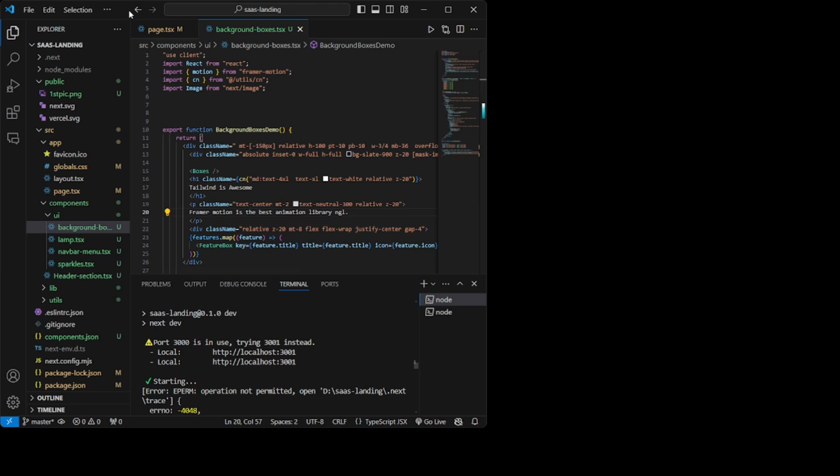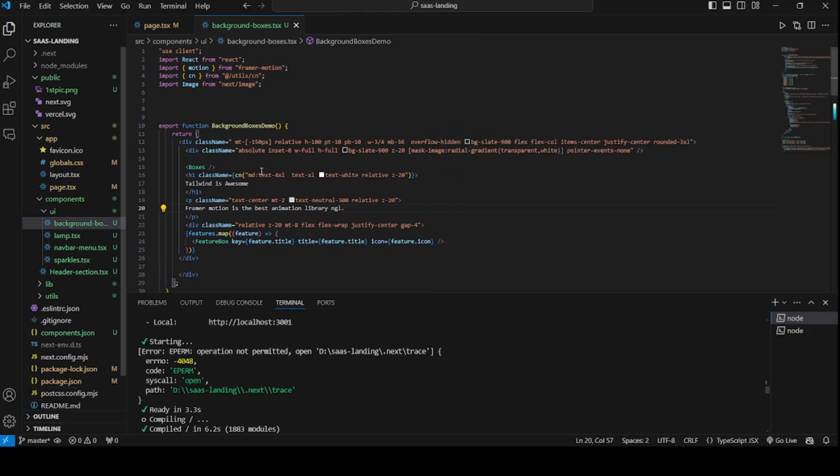Yes. So in my VS Code, I will be changing the height.